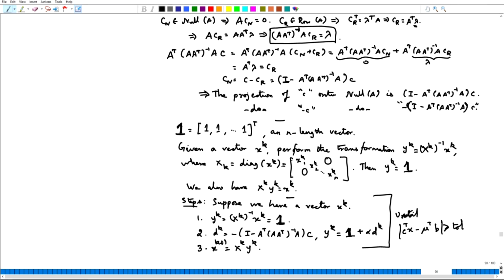There is an error in what I have written here. This is correct if we are actually using dk in the xk space